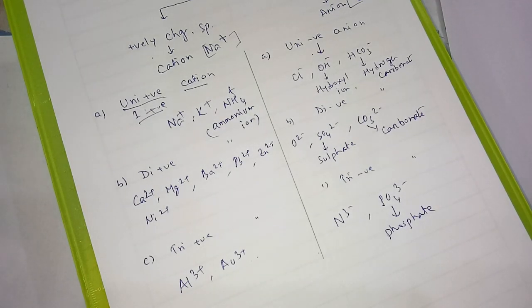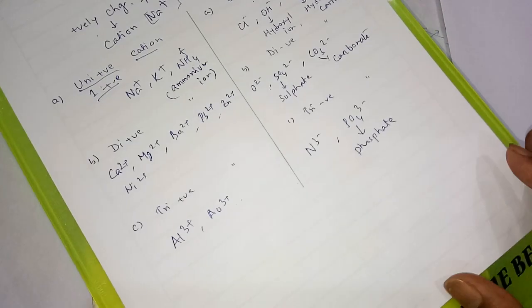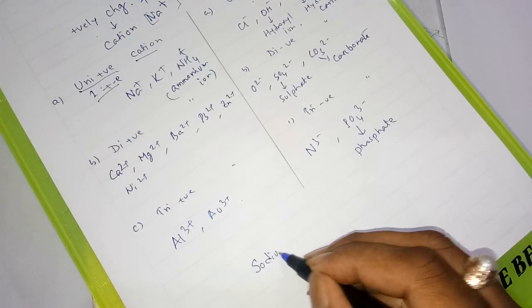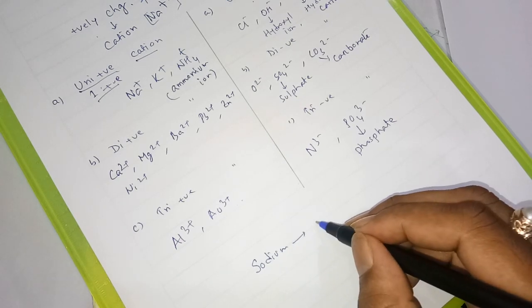So students, we have learned some examples of ions and all these things. Not only do you have to learn them, but you also have to write them in your copy. Remember what is carbonate, what is sulfate. By having the knowledge of these things, you can know more about chemistry, some formulas and all these things.